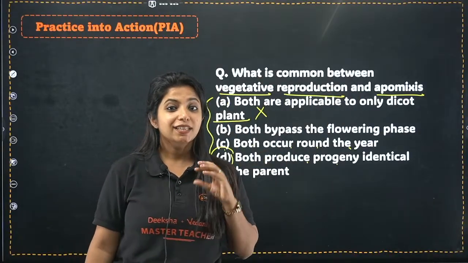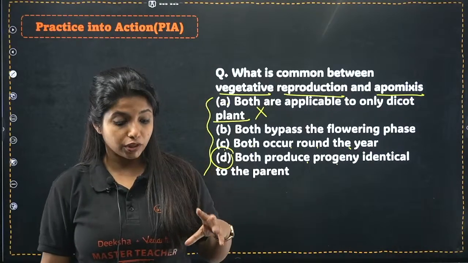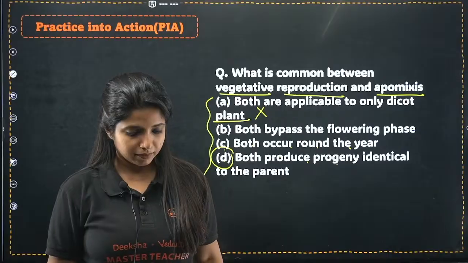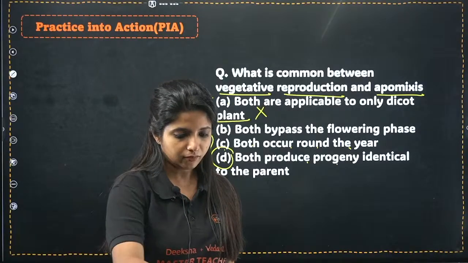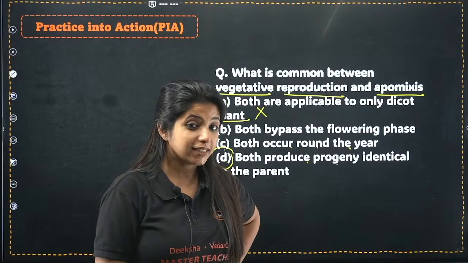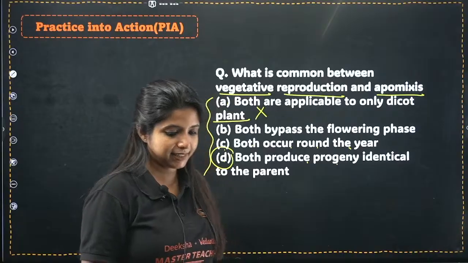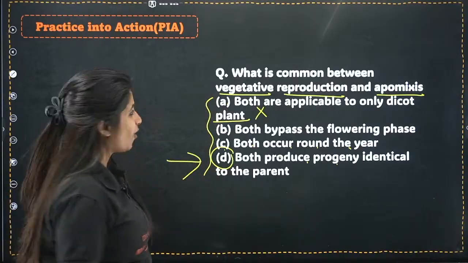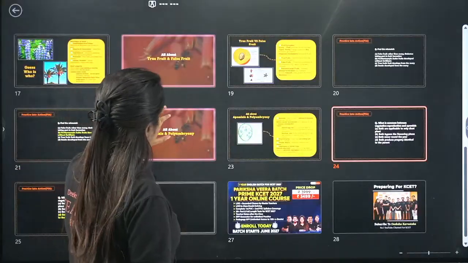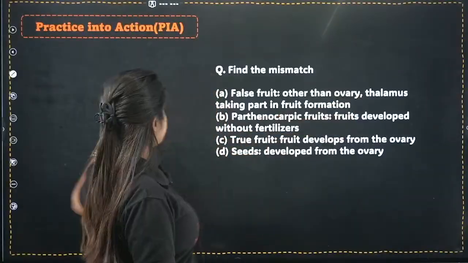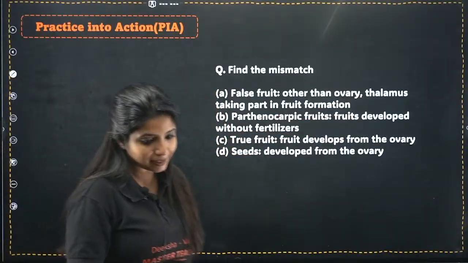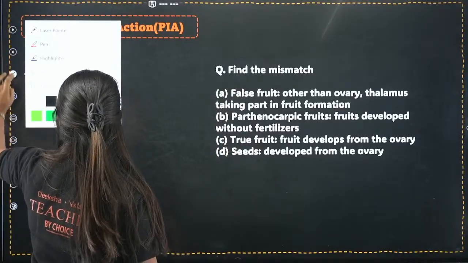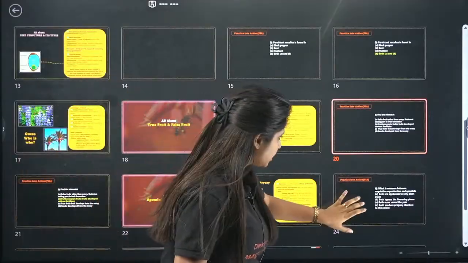Did you get it? Did you understand the logic, or do you have confusion? If you do, you should ask me right away. That's not at all a problem. Got it? Yes. Okay, so D is the answer for the question. Don't get it wrong. This could be important for you. Now, one more question was there: find the mismatch. And this will be the last question. Explain once more? Yes, perfect. I can explain once more. That's what I like. Ask me questions.